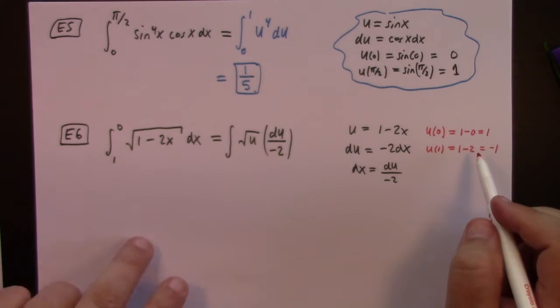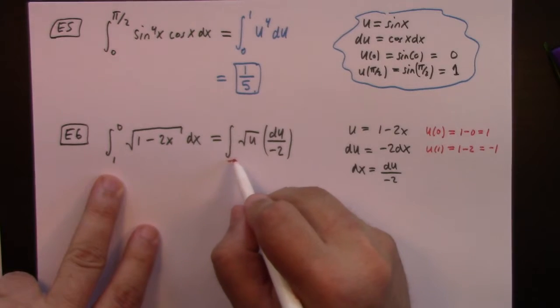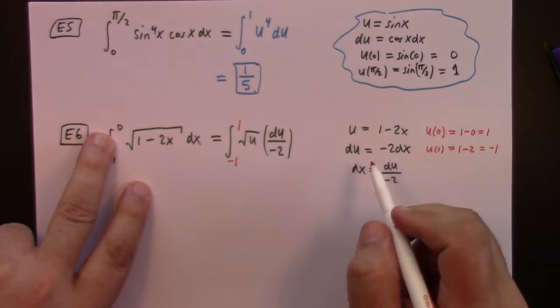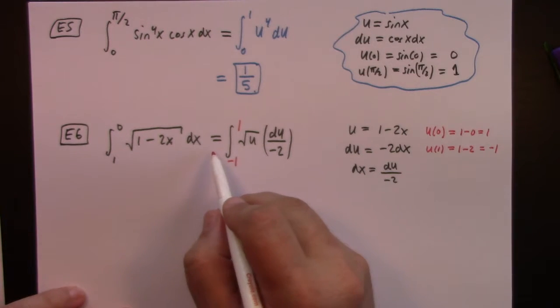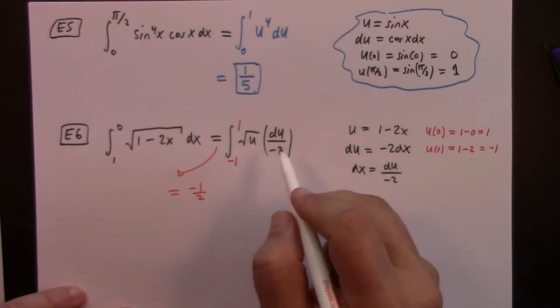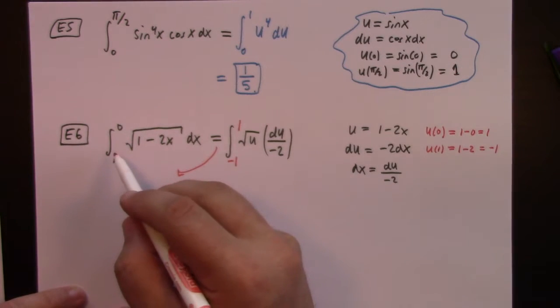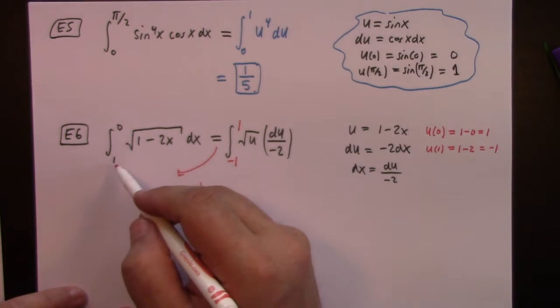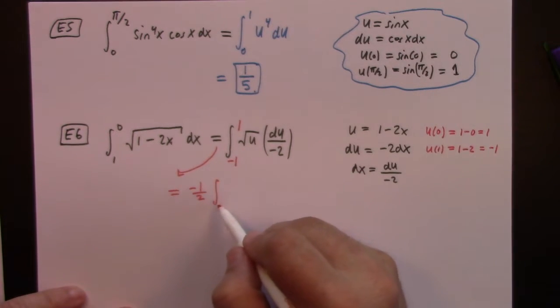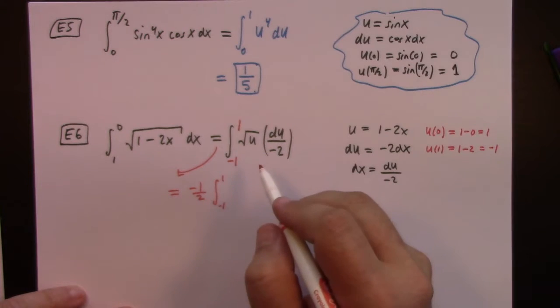So the 1 bound changes to minus 1, and the 0 bound changes to 1. Look at that. After the u substitution, everything's right in the world again. Woohoo! It's not one of these awkward integrals with the lower bound after the upper bound. Anyway, minus 1/2 times the integral from minus 1 to 1 of,